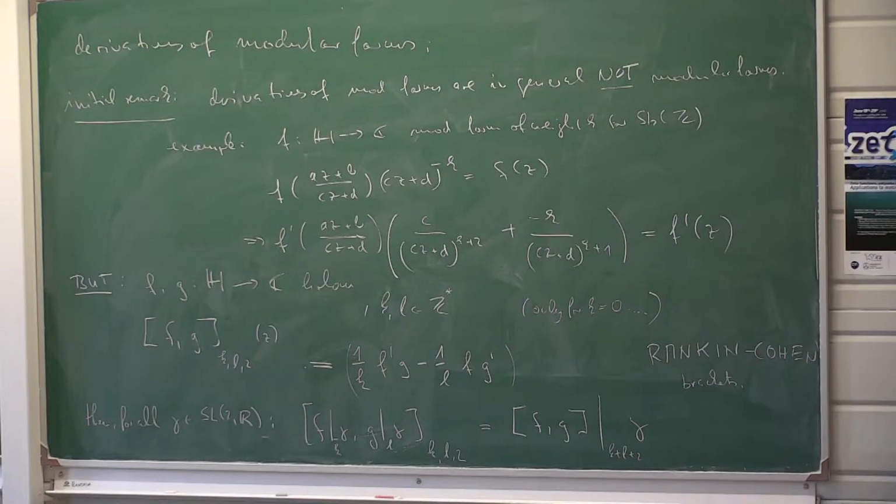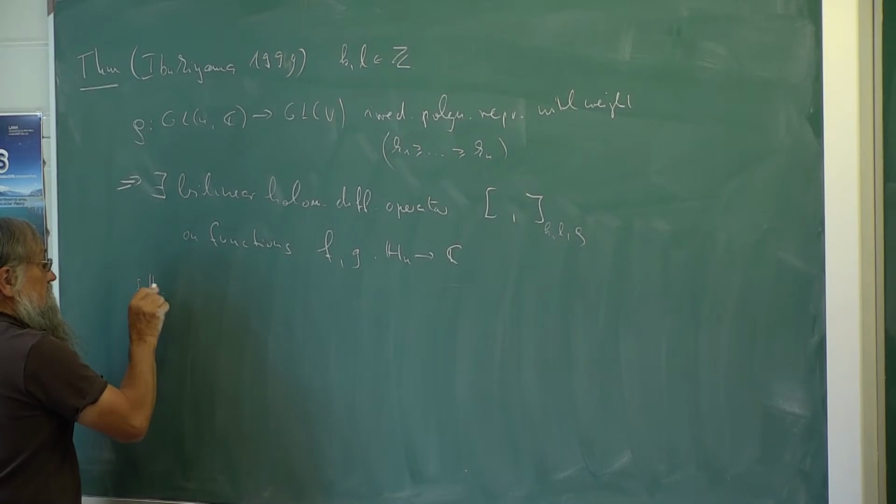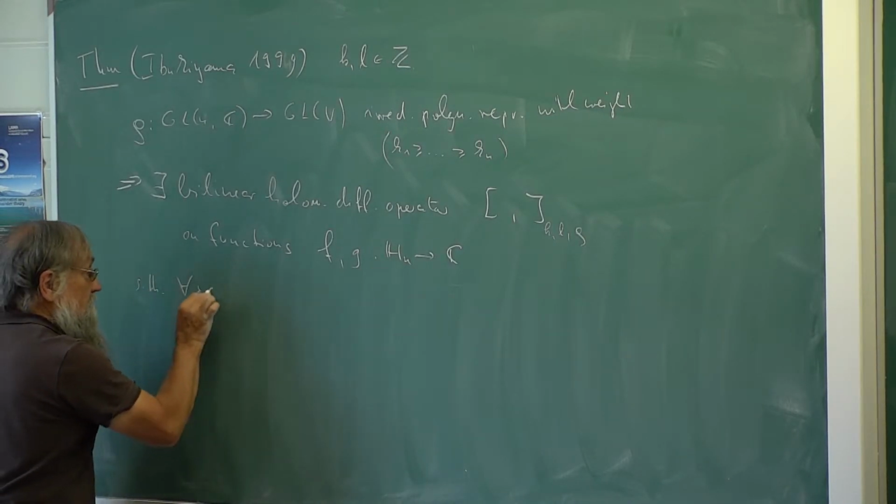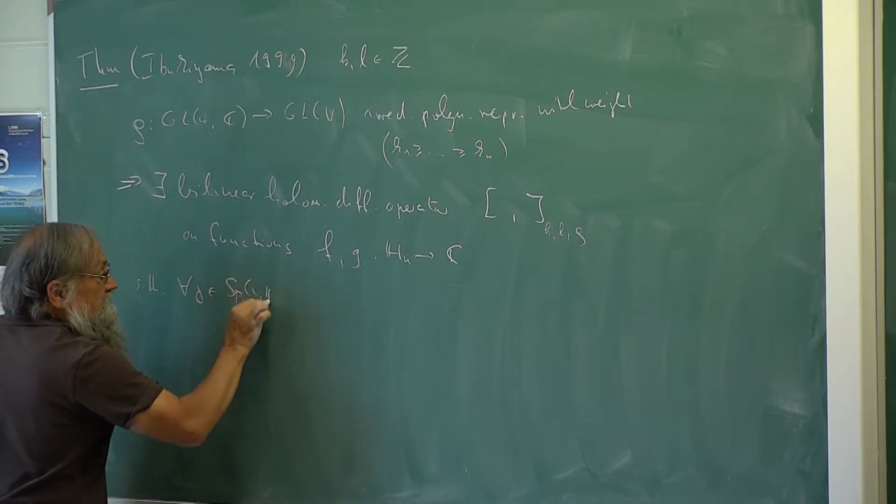Still, we start with scalar valued functions such that for all gamma in Sp(n, R)